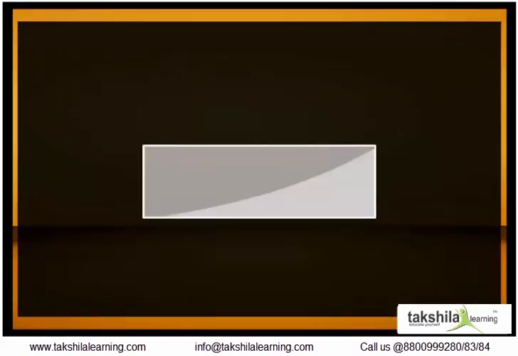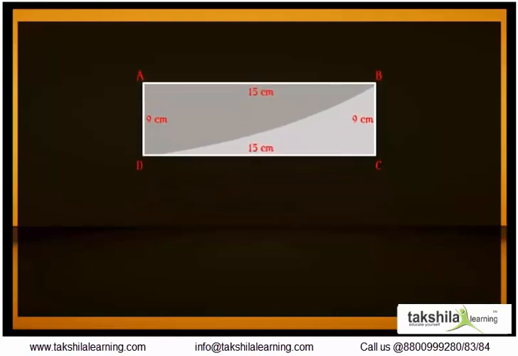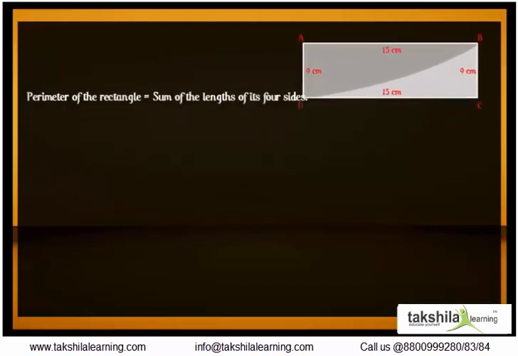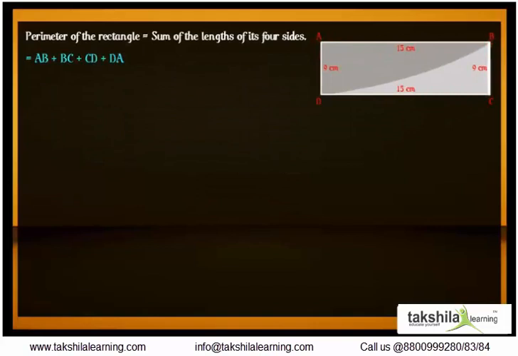Now we will find the perimeter of a rectangle. Let us consider a rectangle ABCD whose length and breadth are 15 centimeters and 9 centimeters respectively. Perimeter of a rectangle is equal to the sum of all its four sides. That is, AB plus BC plus CD plus DA is equal to AB plus BC plus AB plus BC, as AB is equal to CD and BC is equal to DA, the opposite sides of a rectangle are equal,